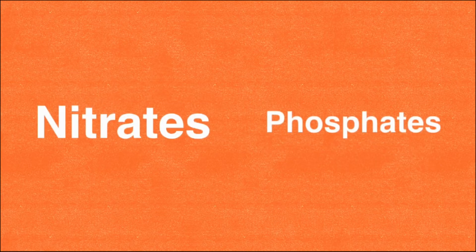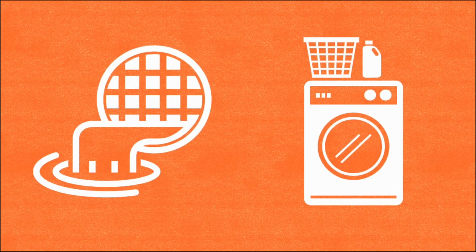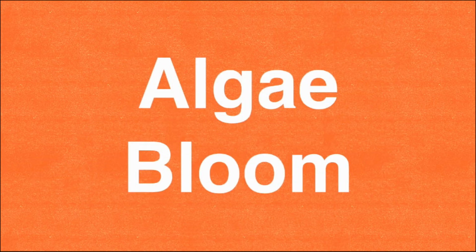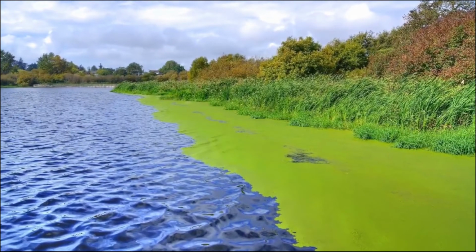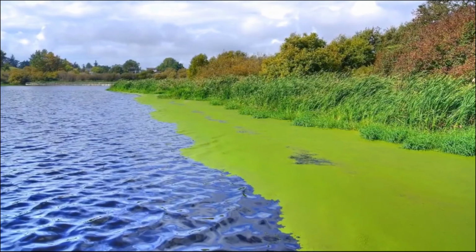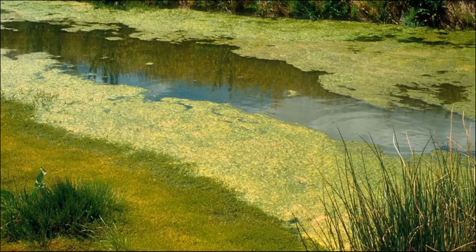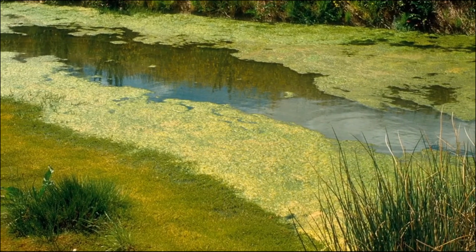They contain compounds called nitrates and phosphates that lead to low oxygen conditions in water. Nitrates and phosphates can come from many different sources, such as fertilizers, sewage runoff, or even washing detergents. Nitrates and phosphates create these low oxygen conditions through a process called an algae bloom. An algae bloom is where you have rapid and excessive growth of plant material. This can cause many problems, such as blockages in irrigation systems, but more importantly, decreasing the oxygen concentration in the